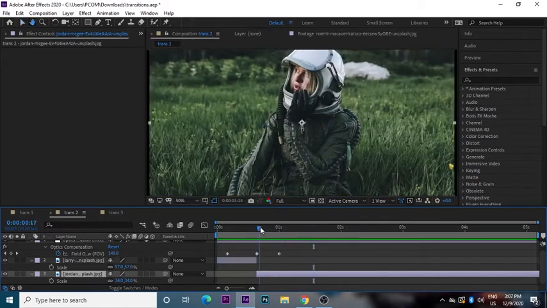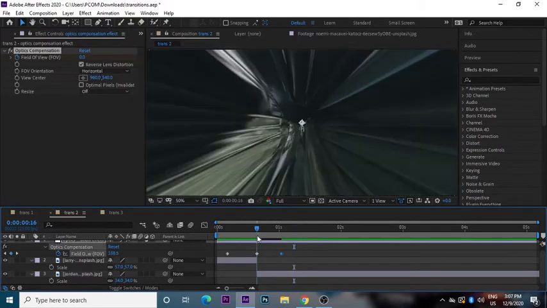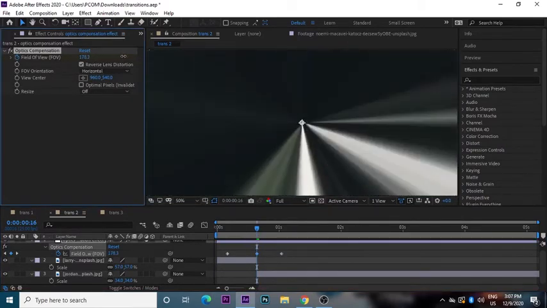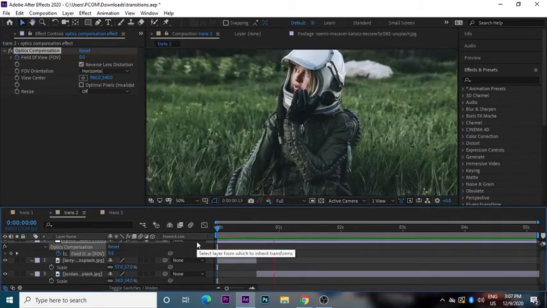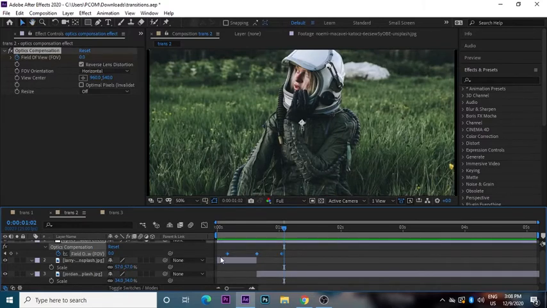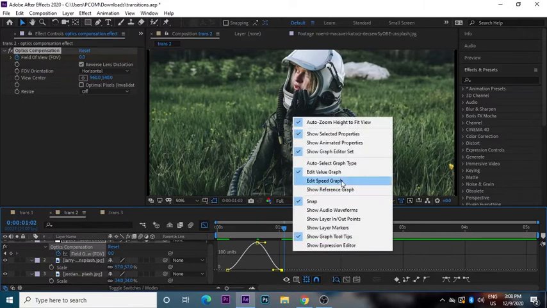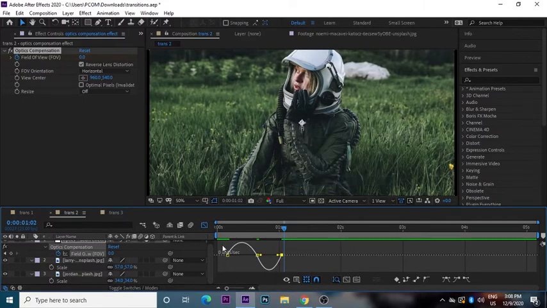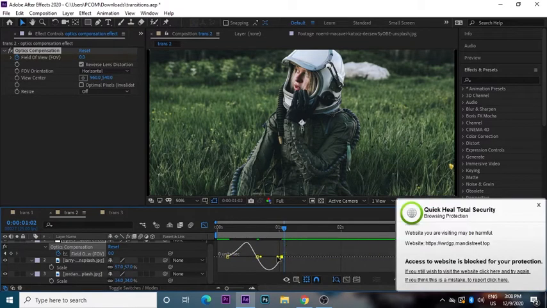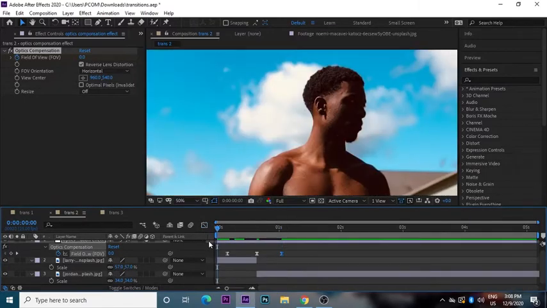This is really looking really cool. And if you can also just increase the value a little bit more, something like so. It will go more a really nice look. Just select all the keyframes and press 9 to easy ease, and just you can also make sure you're working in edit speed graph. So just make it a little bit like something like so, just little bit of playing with the graph editor. Don't play much or it will ruin your transition. So something like this. This looks really cool.